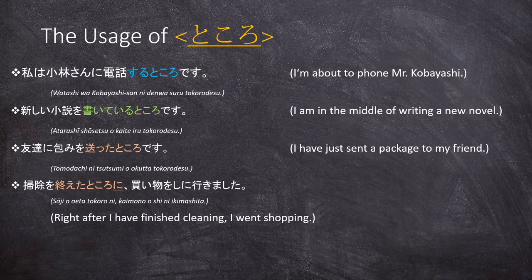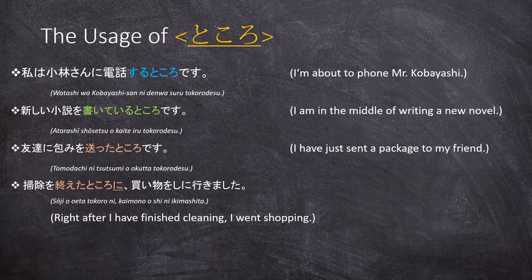Souji o oeta tokoro ni kaimono o shii ni ikimashita. Right after I have finished cleaning, I went shopping. Here you can see that I have underlined the particle ni, with which I have created a temporal relationship between the two clauses in the sentence, thereby saying basically that first the cleaning must be done in order for the